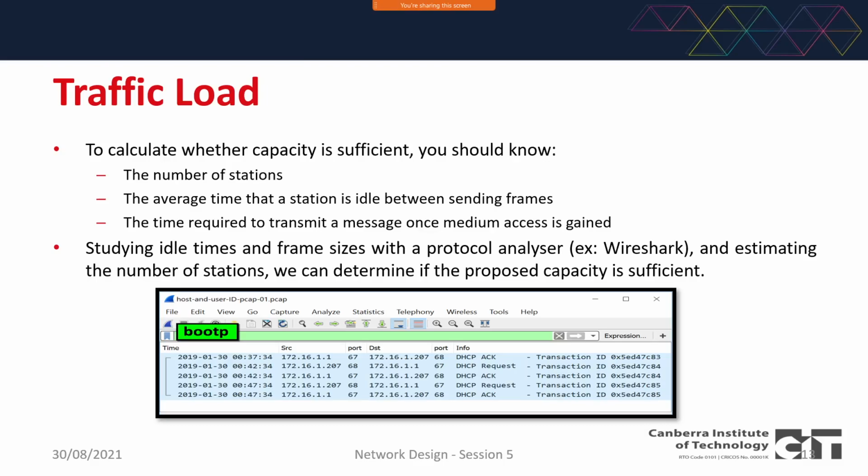Now, when I was a teacher, I used to get a question multiple times, and that question was: if for every single practical that we do at CIT, we need to turn off the firewall, how are we going to do it in the real world environment? Now,